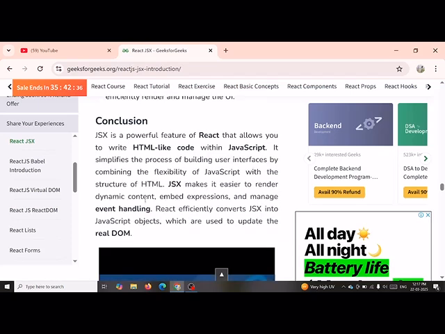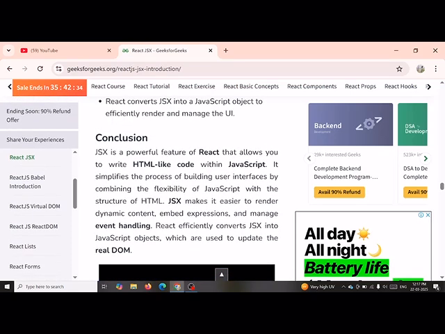So let us conclude here. JSX is a powerful feature of React that allows us to write HTML-like code with JavaScript, as I said earlier. It simplifies the process of building user interfaces by combining the flexibility of JavaScript with the structure of HTML. JSX makes it easier to